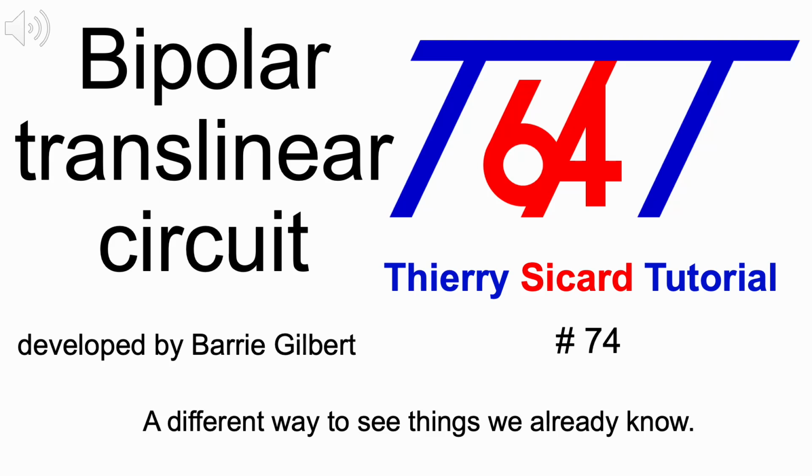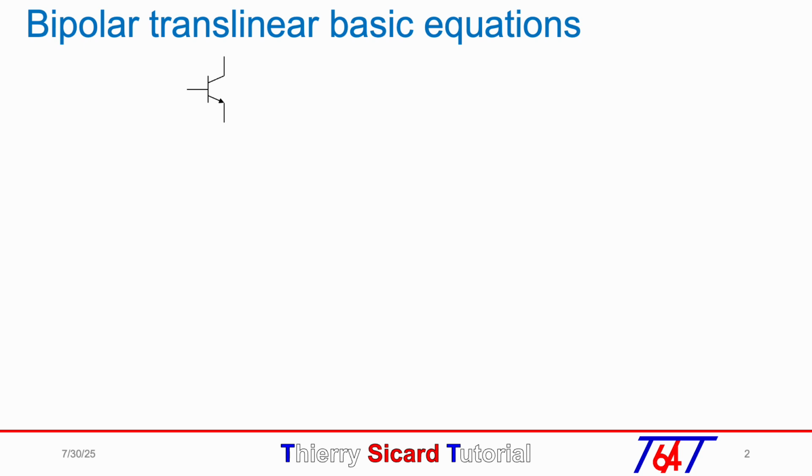Hello everyone, in this tutorial number 74 we will review the main principle of the bipolar translinear circuit developed by Barrie Gilbert. The collector current IC of the bipolar transistor is controlled by the base emitter voltage VBE according to the equation IC equals IS exponential VBE over VT, where IS is the saturation current, which means the reverse current, and VT is a thermal voltage equal to kT over q, where k is the Boltzmann constant and q